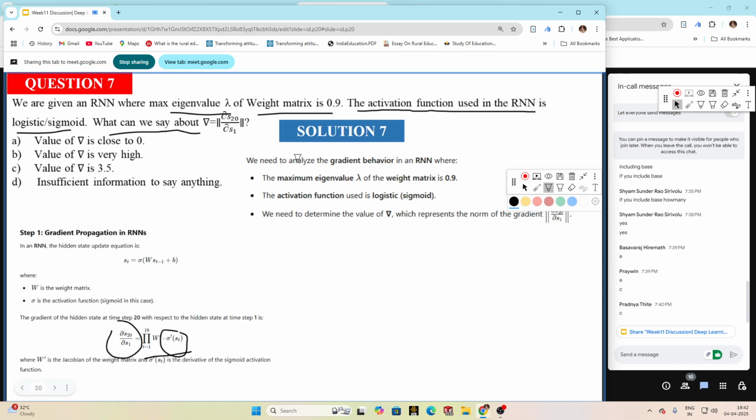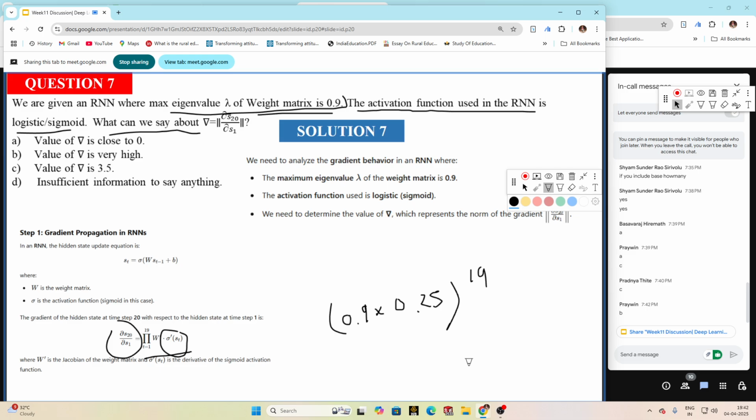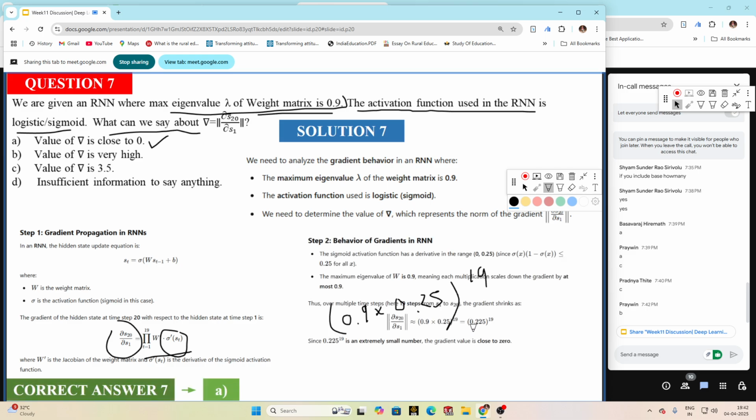And w dash as lambda is given for the weight matrix, that is 0.9. So that is 0.9 into this sigma dash st. Let's take the maximum value, that can be 0.25, so 0.25 to the power 19. So this is very small, and this will be very close to 0, right? So option A is the correct answer. So this will come 0.25 to the power 19, and this is extremely small,